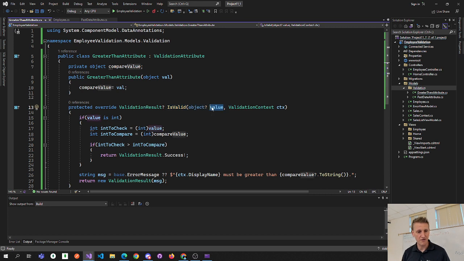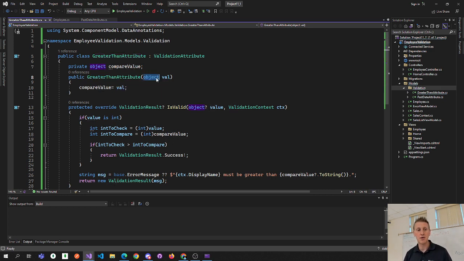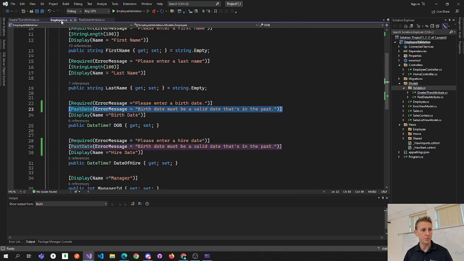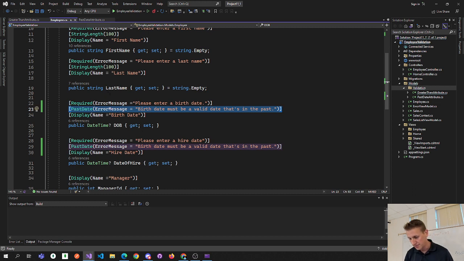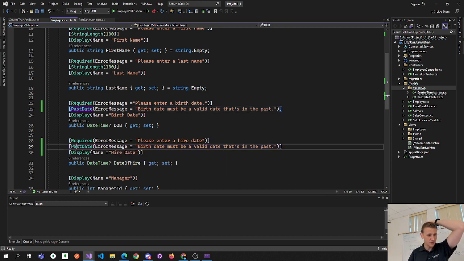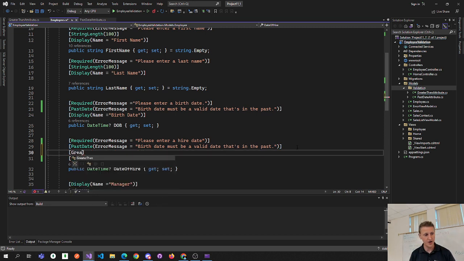Again, the value coming from the form, and then the greater than attribute, this is going to come from our attribute on the employee model, right? So the value will come in from this model. And so that's what we're doing here. So back on the employee model, on the hire date,